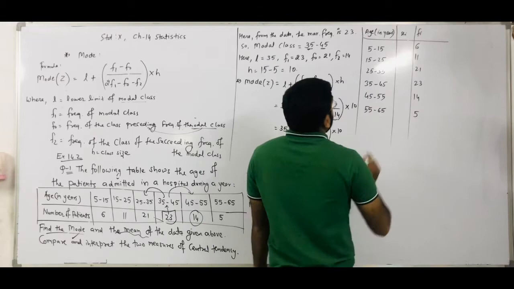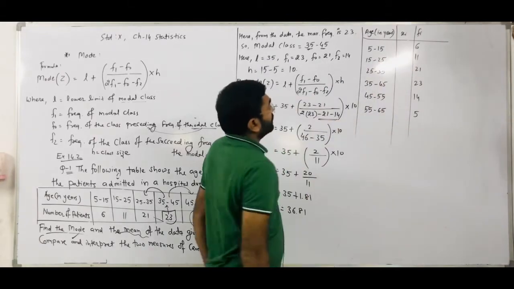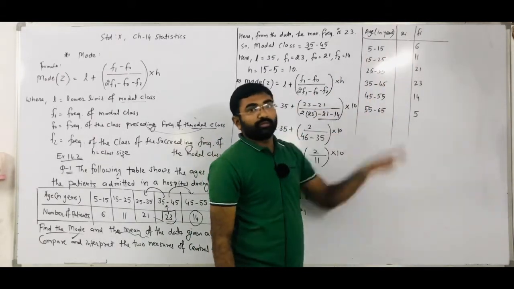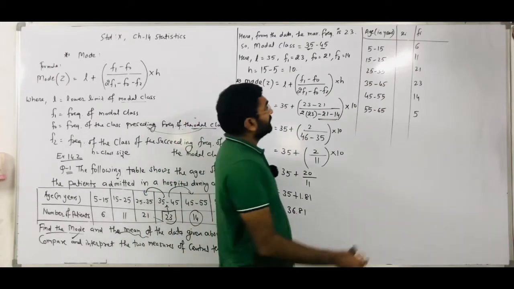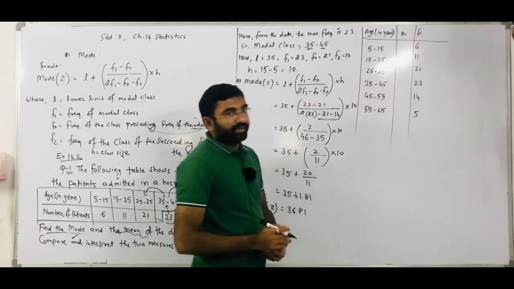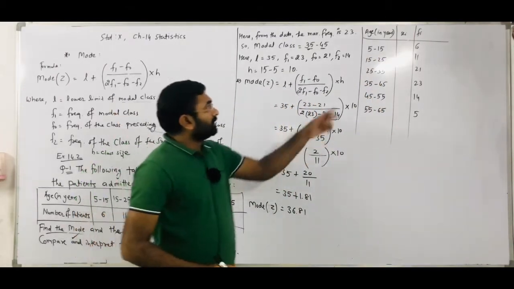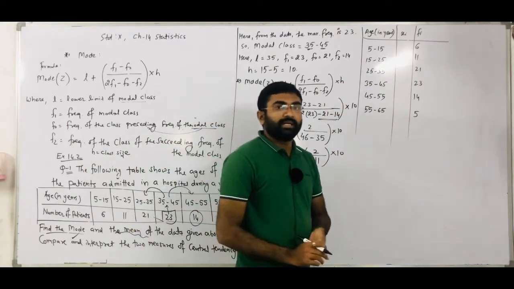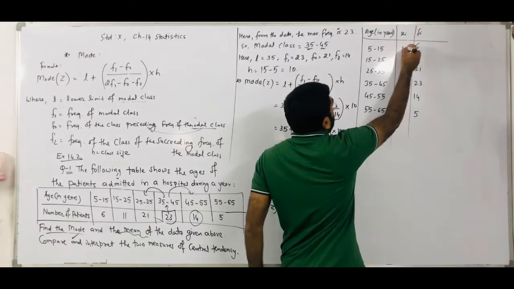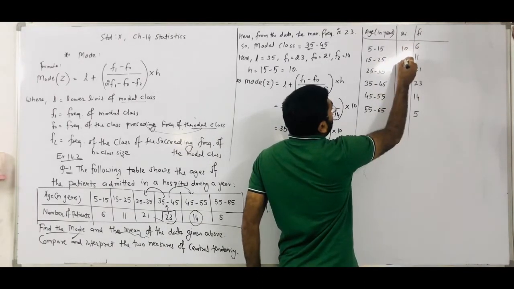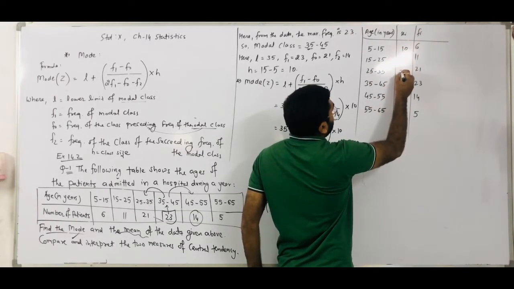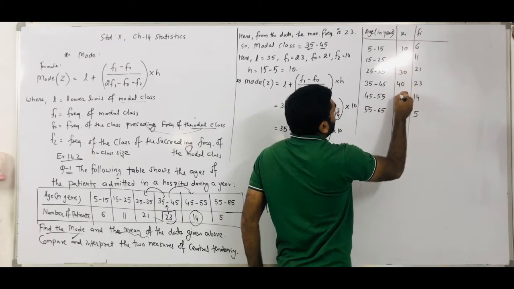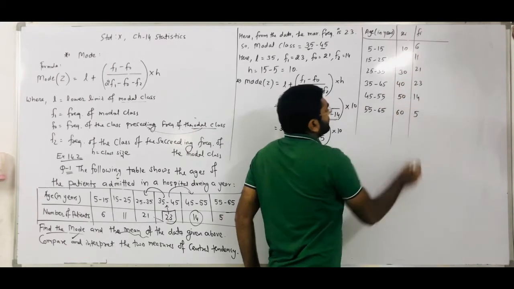Right? So first of all we mention the xi value. In between 5 to 15, which value do we get? We get 10. Otherwise, what do you have to do for finding the mean value of any class? Lower limit plus upper limit divided by 2. So 5 plus 15 is 20, divided by 2. We get 10. That class mean value is 20, here is 30, here is 40, here is 50, and here is 60.